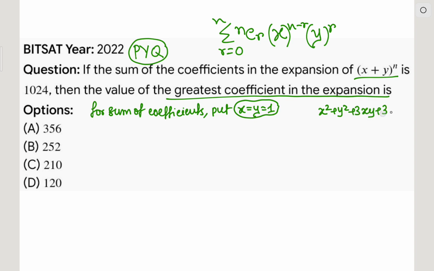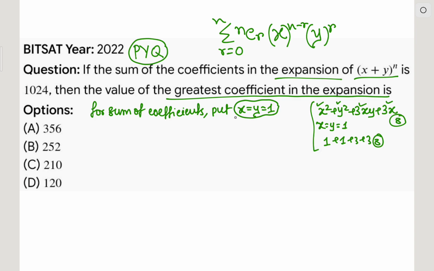xy plus 3x, then the sum of coefficients is 3 plus 3 is 6, 6 plus 1 is 7, 7 plus 1 is 8, so it becomes 8. Now put x equal to y equal to 1, then it becomes 1 plus 1 plus 3 plus 3, which becomes 8. So for finding the sum of coefficients of any expansion, just put x equal to